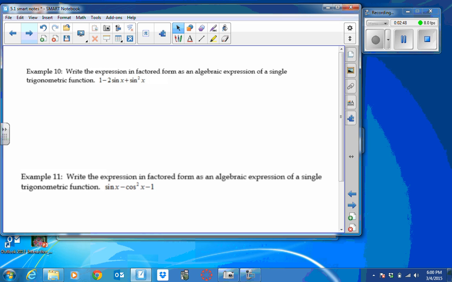Example 10. Write the expression in factored form as an algebraic expression of a single trigonometric function. Look at this, 1 minus 2 sine x plus sine x squared. If we let sine x be a, then we're looking at something that looks like this, 1 minus 2a plus a squared. That can easily be factored into a minus